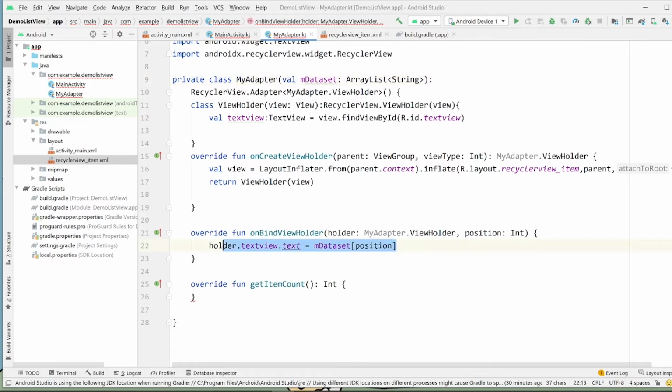And in this way, it's going to look into the array list that you're passing, and give each of the items its value corresponding to its position. Last but not least, this is the simplest part. It's just asking how many items you have inside the whole recycler view, basically how long the array list is. So this is what you're going to return. That's pretty intuitive.